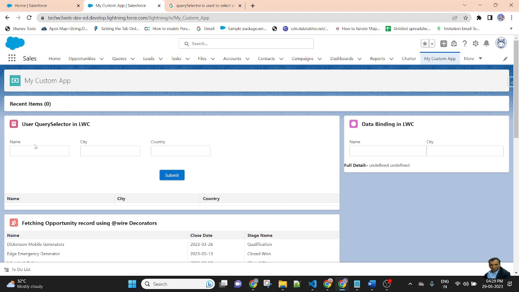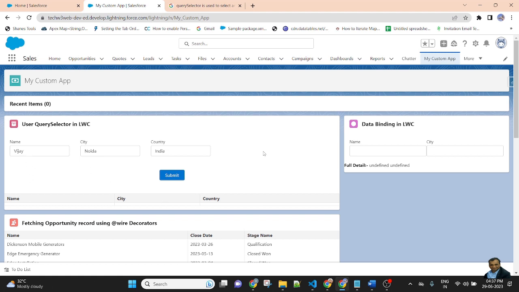If I fill in the name Vijay, city Noida, country India, and now submit, the input values should be displayed on the table: name, city, and country. But whenever I click on the button, the table is not populating.